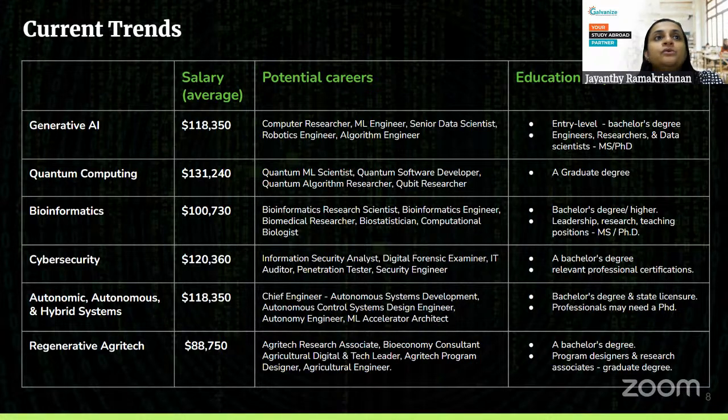Okay. Bioinformatics is again a very interesting field. It combines biology with computer science. Basically, what happens is the amount of data that you collect in biology, all of that is analyzed by using computers. Obviously, all of that helps you in bringing about new techniques for various things. One example is sequencing of an organism's genomes. So you have tons of data that needs to be cleaned up, that needs to be analyzed. So that is where there is a marriage of biology and computer science that is happening.